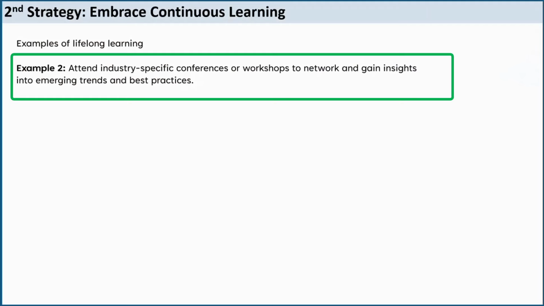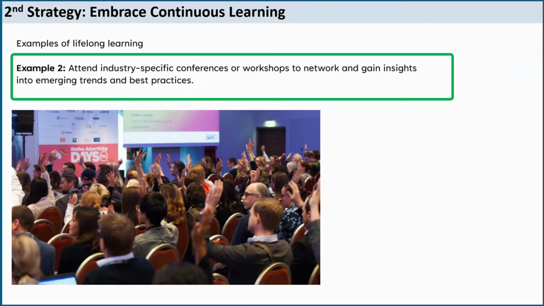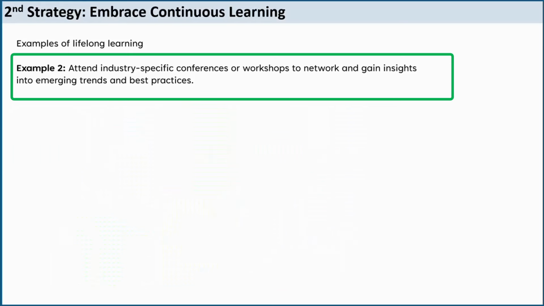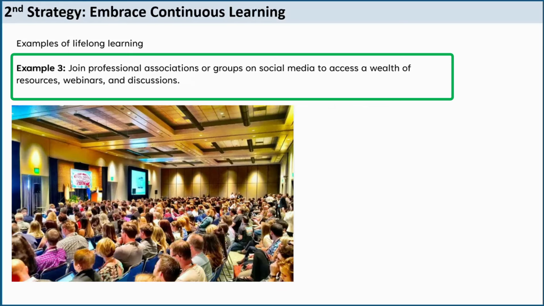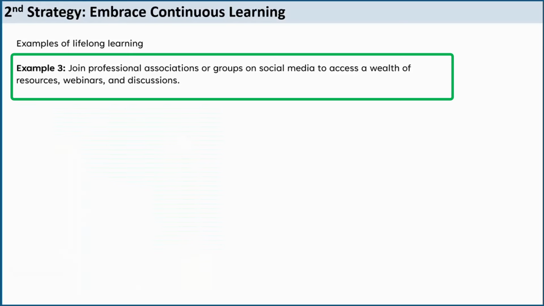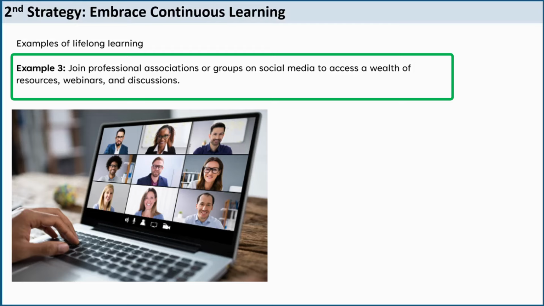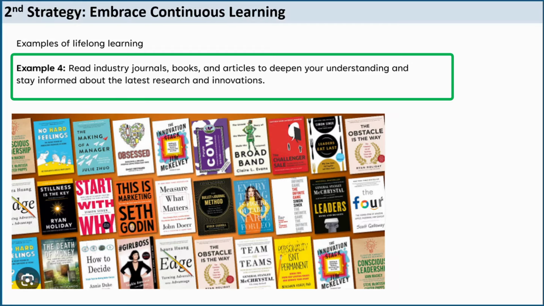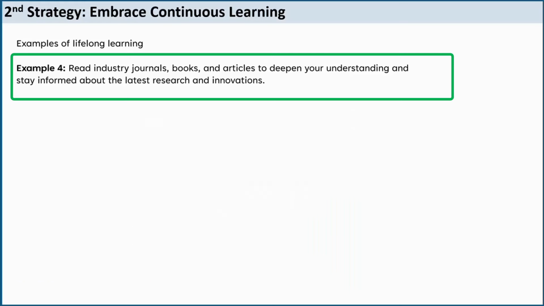in your field. Attend industry-specific conferences or workshops to network and gain insight into emerging trends and best practices. Join professional associations or groups on social media to access a wealth of resources, webinars, and discussions. Another example could be to read industry journals, books, and articles to deepen your understanding and stay informed about the latest